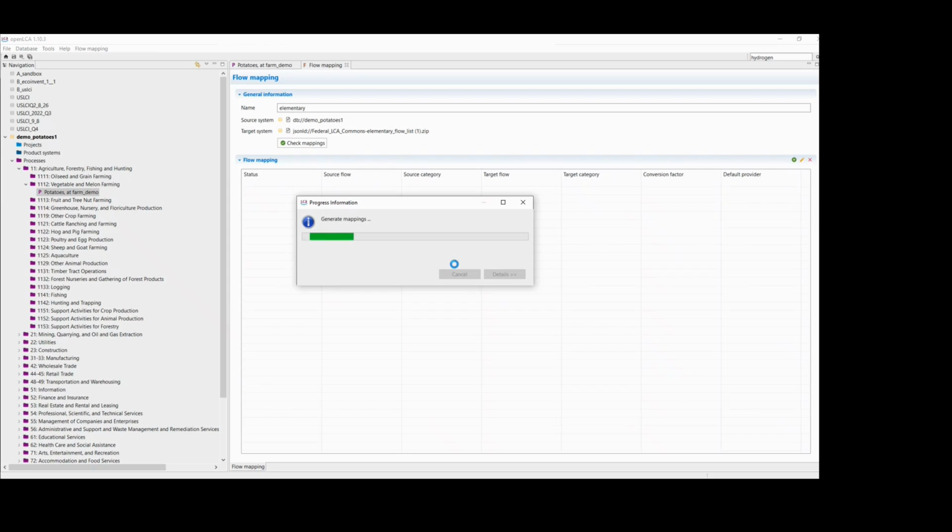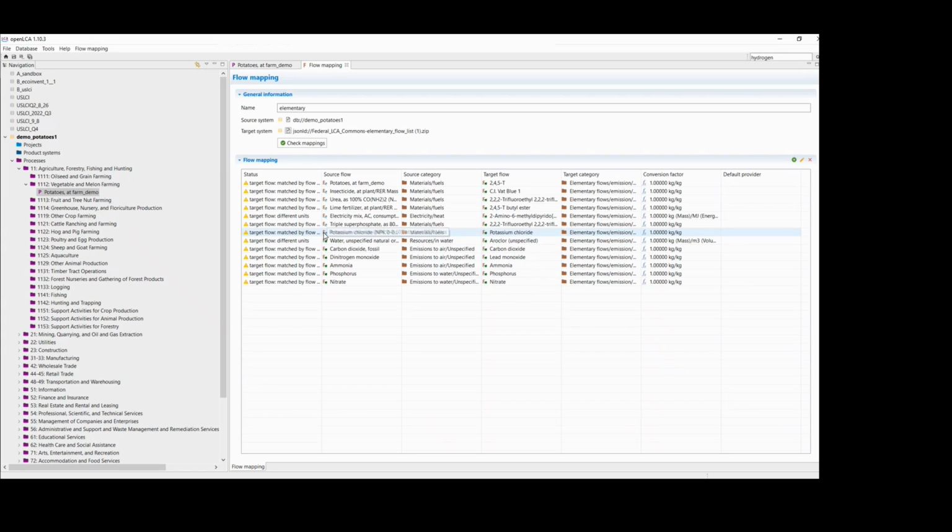So if you have a lot of flows in your database, so let's say you have a system process or a ton of data sets that you're trying to map, this step may take a while just because openLCA is trying to map all the flows, Technosphere and elementary flows to FEDEFL flows. So we can see here that Technosphere flows were mapped, so we can just go ahead and delete these.